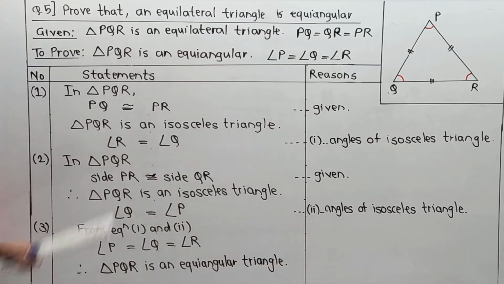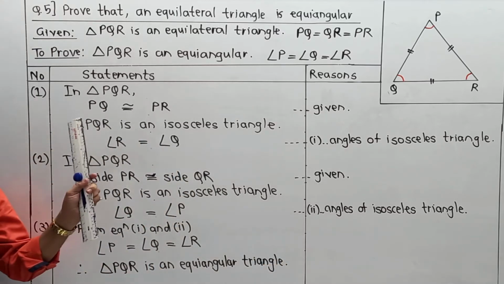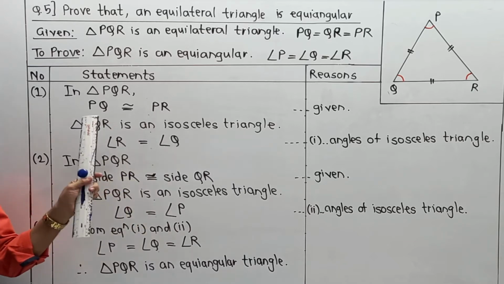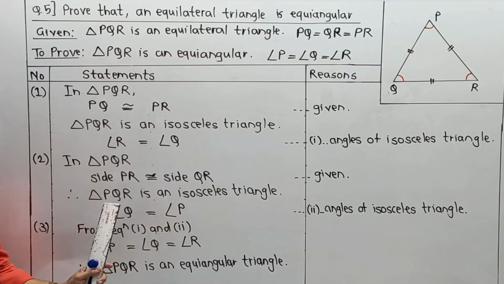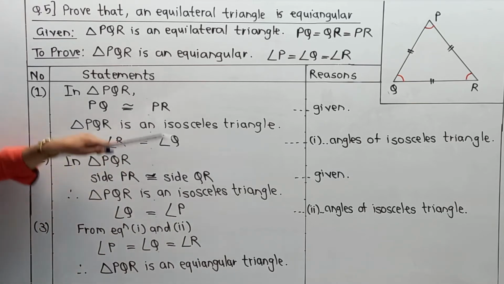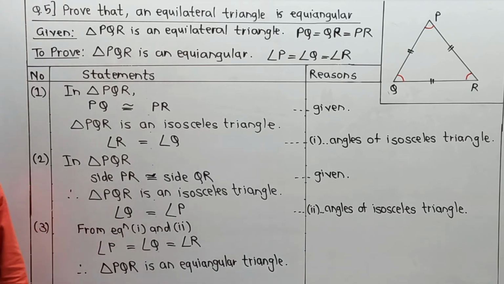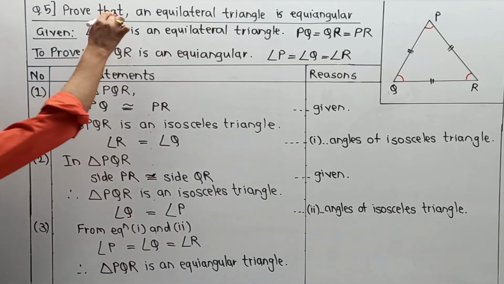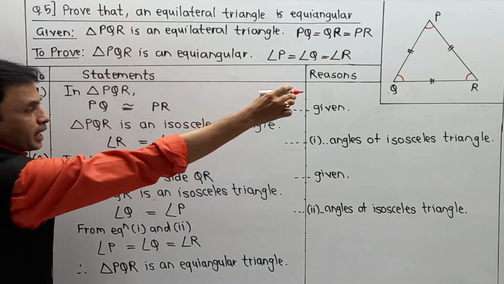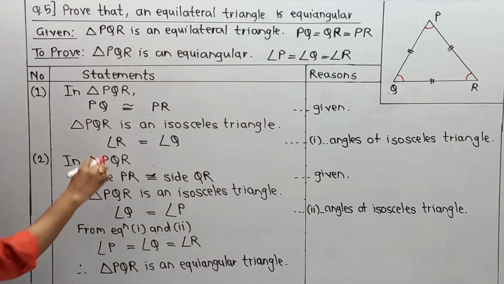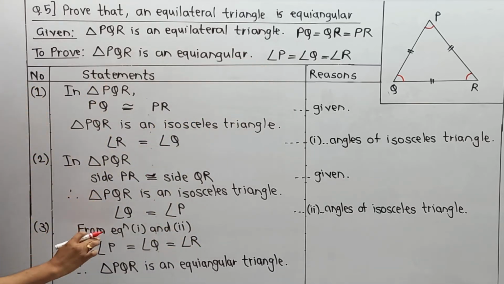And in this way, with the proper writing method and using the help of isosceles triangle, we have completed this proof. So please understand its writing method, because writing in a systematic manner is the only part. If any teacher is going to check this numerical or theorem for 3 marks, then he is going to observe the first part. For all the writing and diagram, you get 1 mark. For this part, you get another 1 mark. And for the last conclusion, you get 1 mark.